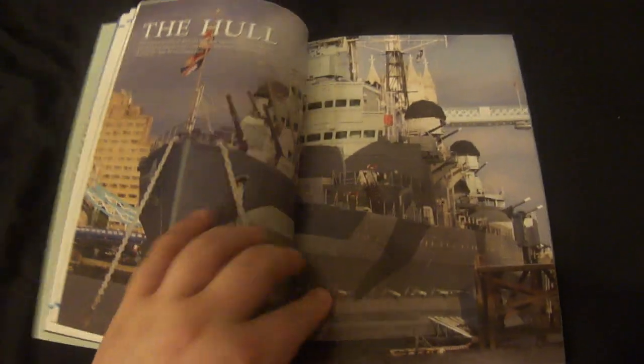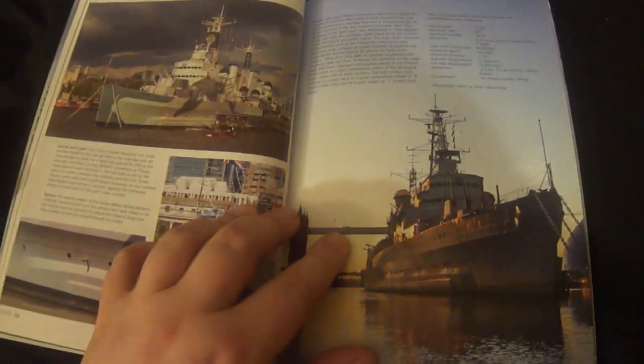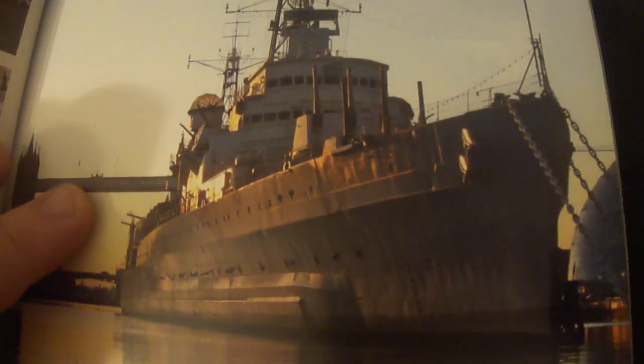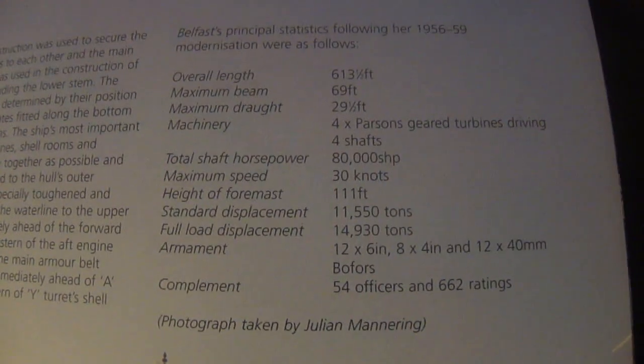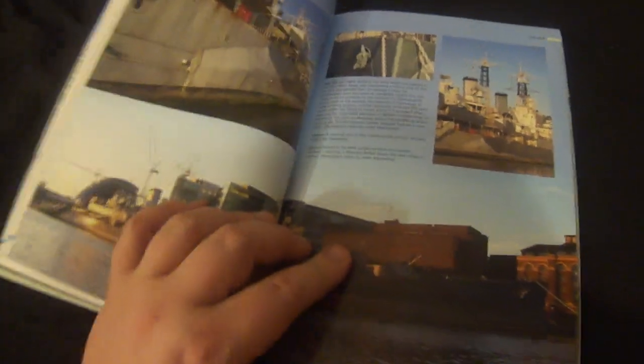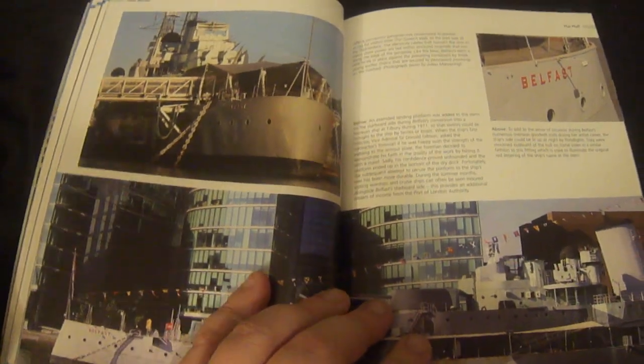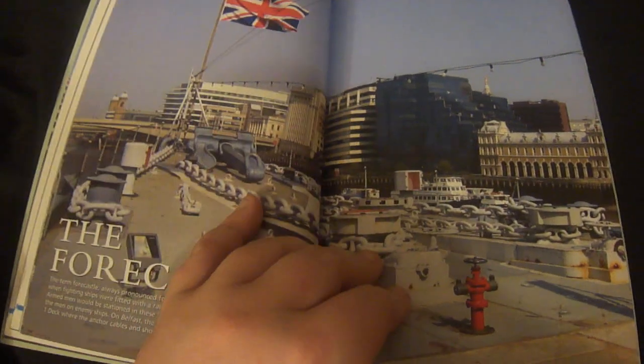So it goes through this pretty well, showing detailed pictures of her, and then we go on to pictures of her as she is today, showing, like I said, there's a lot of amazing pictures in this book, lots and lots of amazing pictures. If I can get that, see, there's the statistics following her 56 to 59 modernization. It's definitely a book for a model builder if you're building the Belfast, but if you're trying to build her as she was in her World War II appearance, that's going to be kind of hard,